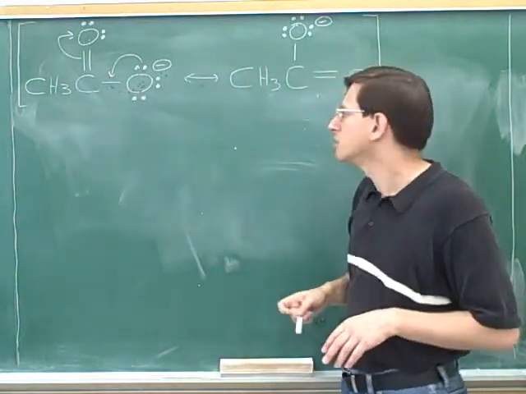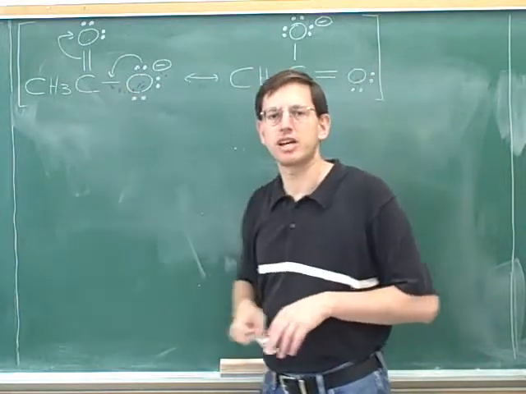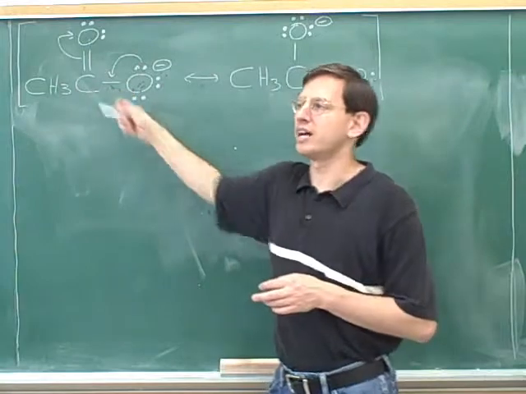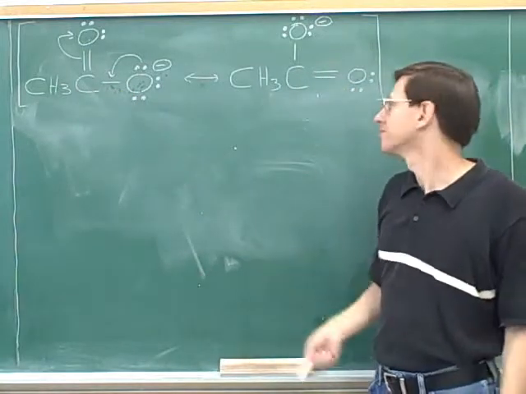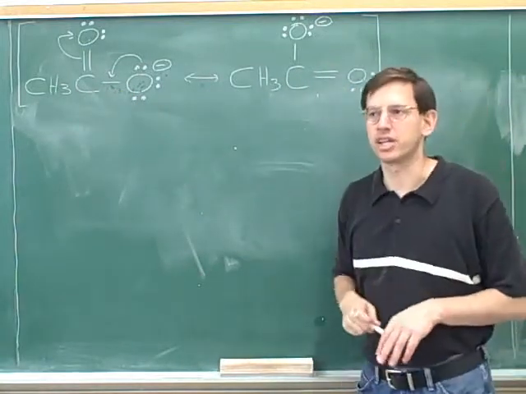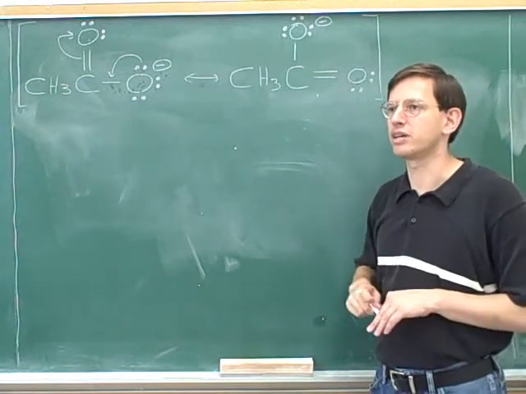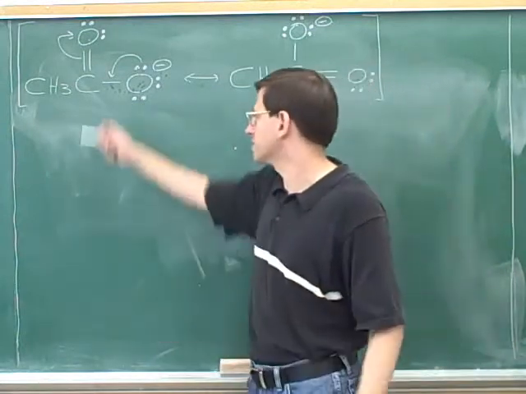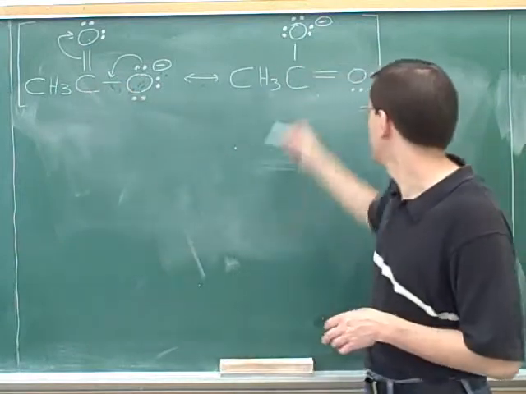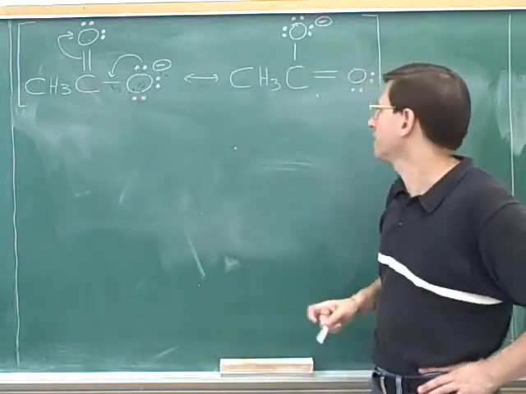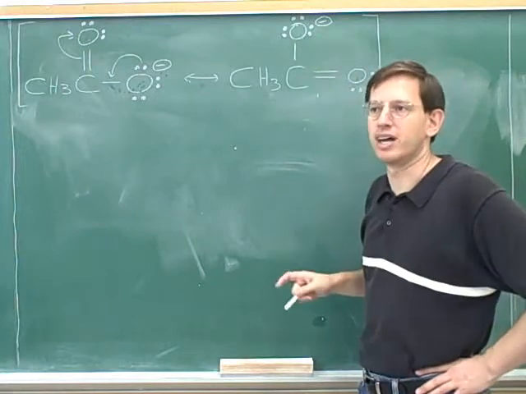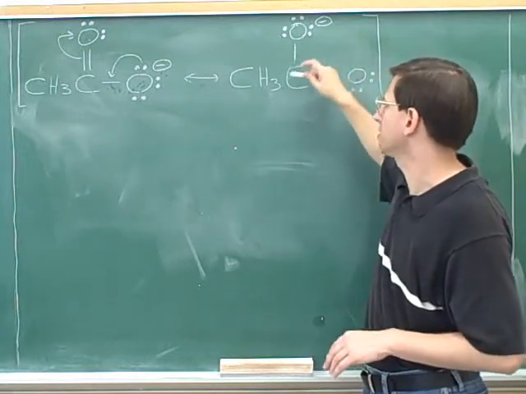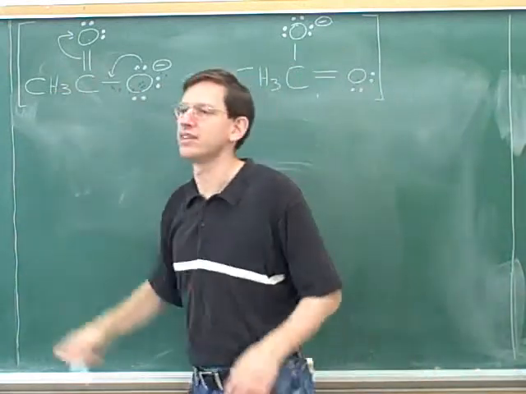and a double bond. So how strong is this bond between the carbon and the oxygen? Well, it's stronger than a single bond and weaker than a double bond. The bond between the carbon and the oxygen is going to be stronger than a single bond and weaker than a double bond, because the actual character of the bond is a kind of average of this picture, where it's a single bond, and this picture, where it's a double bond. And we could say the same thing for this carbon-oxygen bond as well. That is, the strength of this bond is between the strength of a single bond and the strength of a